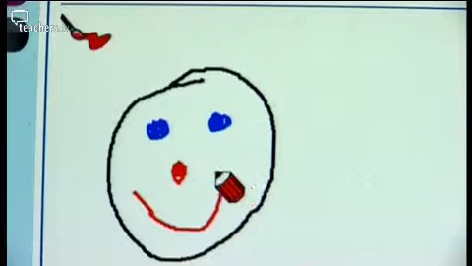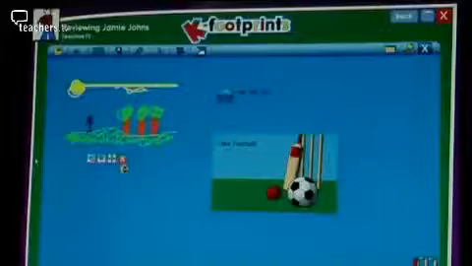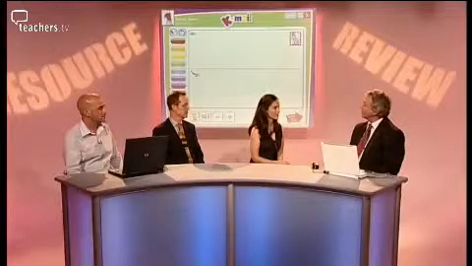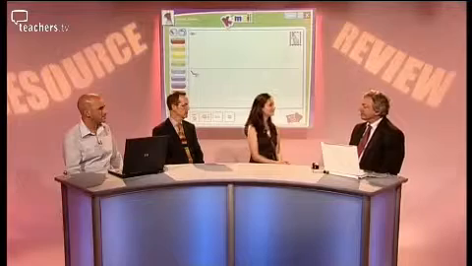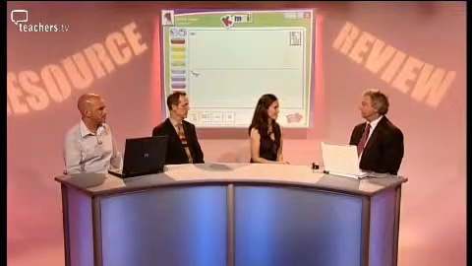Now, we're going to see Kowari in use at the New Invention School, which is in Willenhall near Walsall. And I understand that they got parents involved as they implemented it. How did that work? Now that they've got the learning platform, the children can be creating things digitally on the computers in the schools. Those can then be put up onto a gallery, and the parents can look at that from home, logging onto the school system, and can be talking to their children about what they've done in school that day. Now, that's immensely motivating to get the parents involved like that.